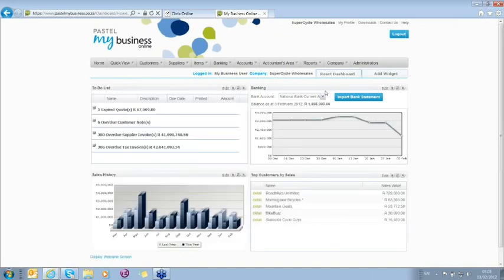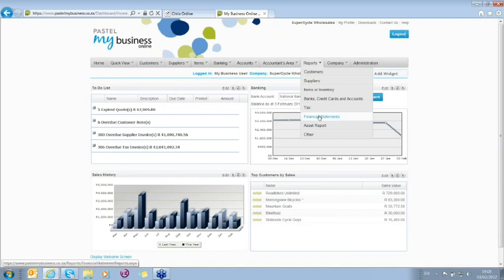Okay, so the main thing is the reports that you need to print for year end. Just to touch on it, under your accountants area, you've got your trial balance that you can export. This export, either you can send it to your accountant, or if you do have Pastel Auditor, you can actually import it from there and then create your annual statements. Alternatively, we've got your reports, financial statements,